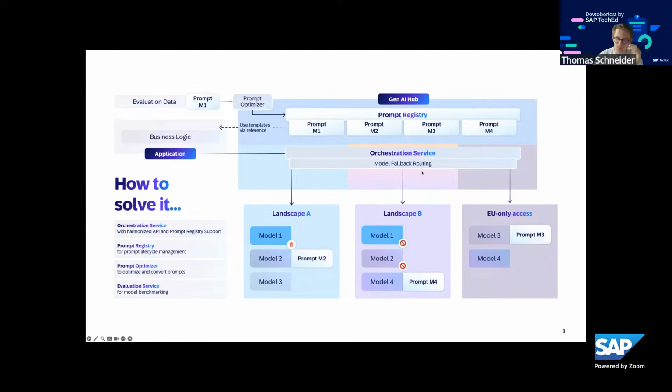In general, not only for the multimodal strategy that we want to apply here, but also to be more flexible, more agile when it comes to trying out new models, to keeping your application up to date, it's generally a good idea to decouple the prompts in your code from the rest, to really have them as separate artifacts, so that you can also iterate on them way faster. And this is where the prompt registry, for instance, comes into play from the Gen AI Hub,